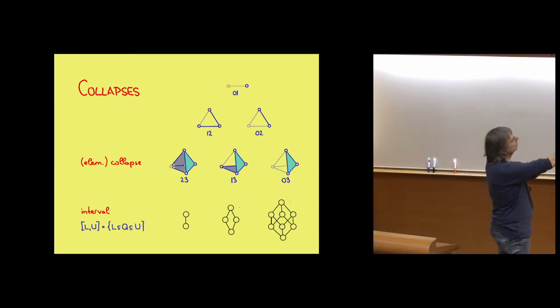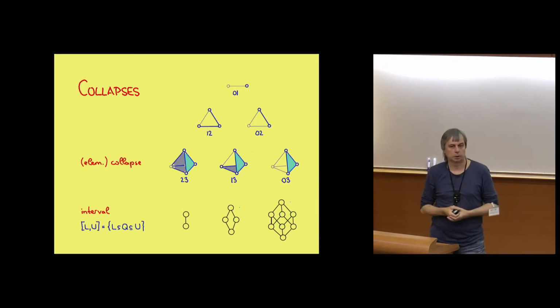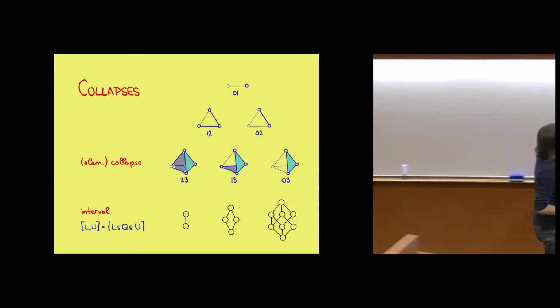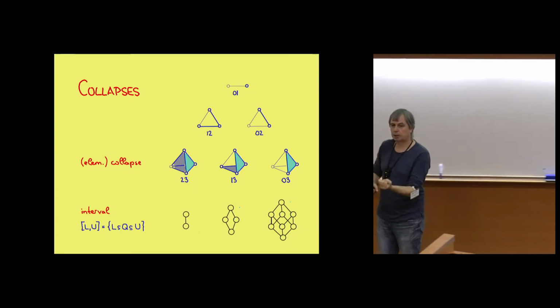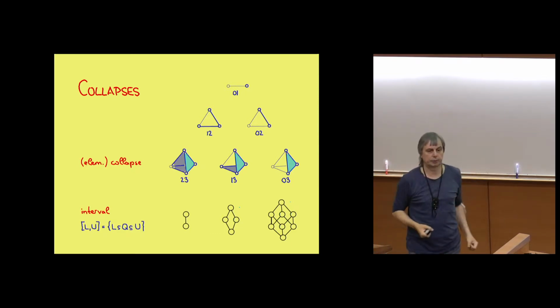The next interval, a more complicated one, is if the top node and the bottom node are 2 dimensions apart, then I have two simplices in between, like a vertex, a triangle, and 2 edges. So this is the picture of the second diagonal. And then over there, the last picture, this looks like a cube, is the picture of a 0, 3 collapse. That's when the lower bound and the upper bound are 3 dimensions apart, like a vertex and a tetrahedron, and then I have 3 edges and 3 triangles in between.